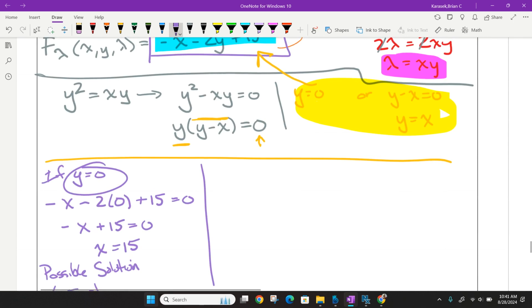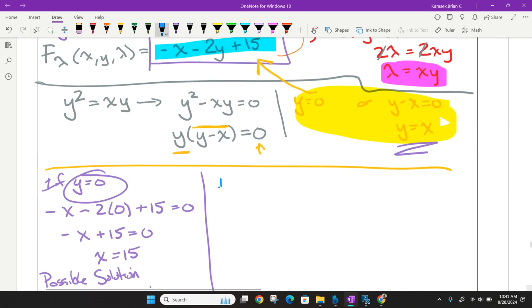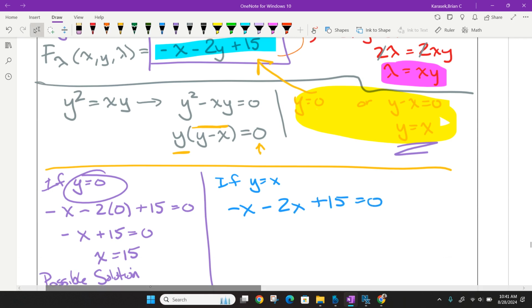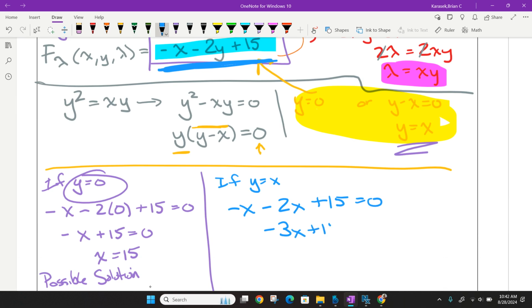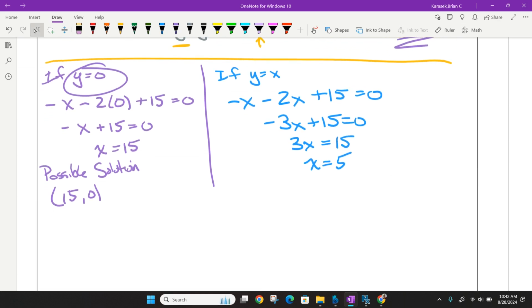Now the other possibility was that y was x. So then I'm just going to replace all the y's with x's. That will give us, if y equals x, then negative x minus 2x plus 15 would be equal to 0. Remember, I'm using this third partial right here, so all I did was replace that y with x. So that gives us negative 3x plus 15 equals 0. That would mean that 3x is equal to 15, or x would be 5. Okay, so x is 5, and our supposition there was that y is the same thing as x. So if x is 5, then y must also be 5, or